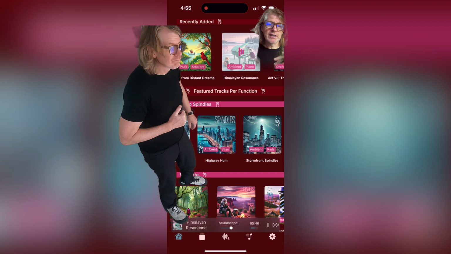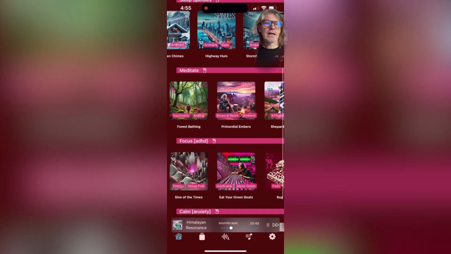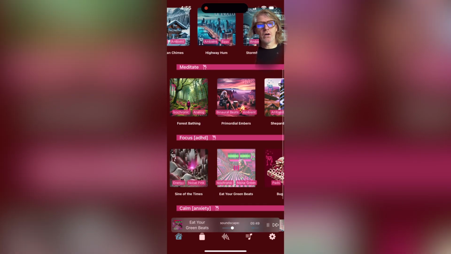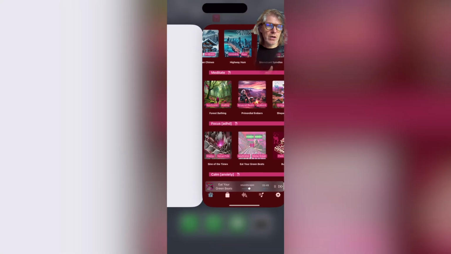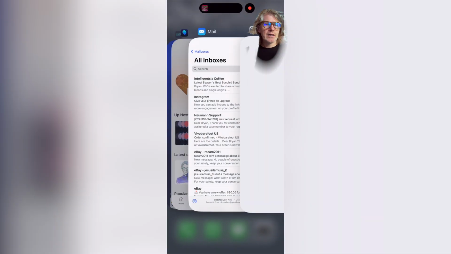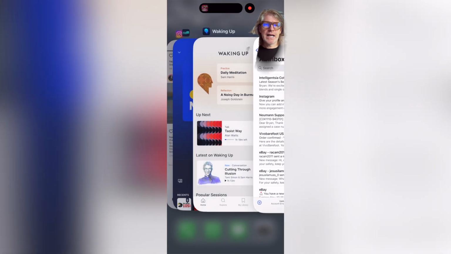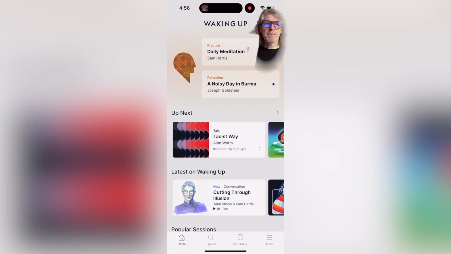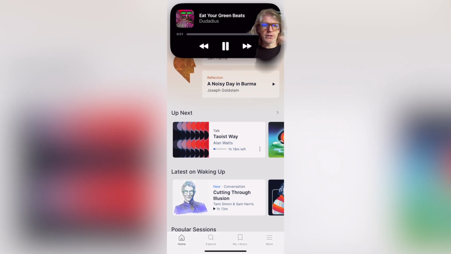The app uses the dynamic island and the lock screen. So if you have a track playing and you go to another track, you'll see up in the dynamic island what's playing, and if you hold on that, it'll open it up a little more and show you some more controls. If you click on it, it takes you back to the app.